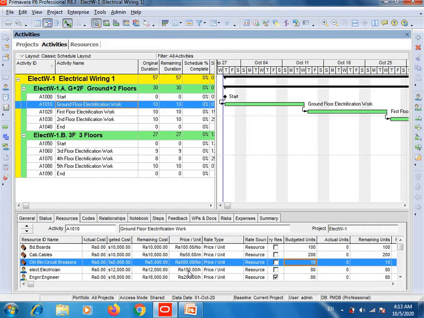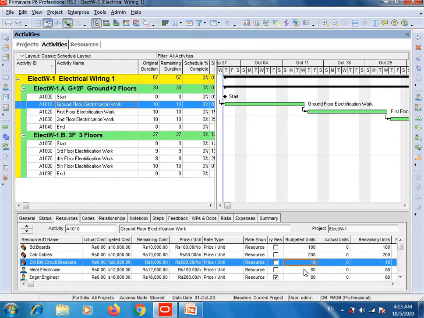Engineer is already here, so I think it's enough. So in my previous project I selected a rate of 150 Pakistani rupees per hour for the electrician.